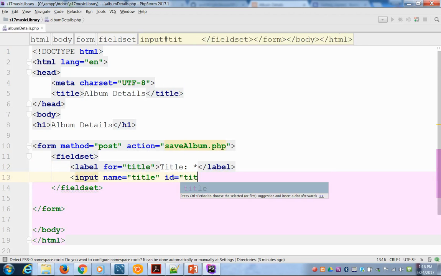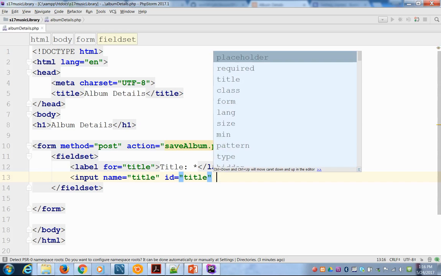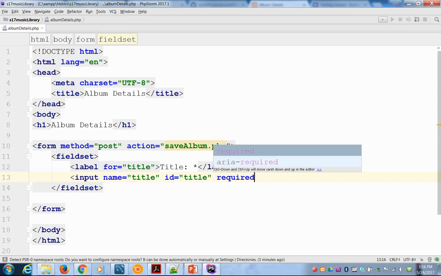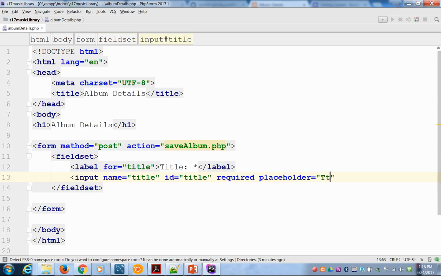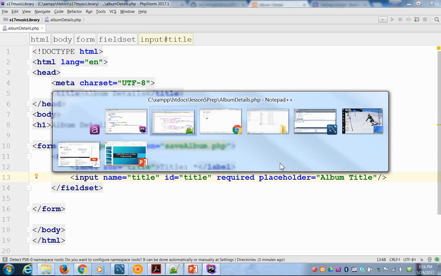Keep going outside of my brackets, my quotes here, and I'll say it's required, and we'll say the placeholder is title. Actually, we'll do, okay, hit save. Now if I go back,